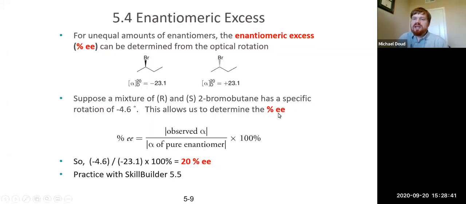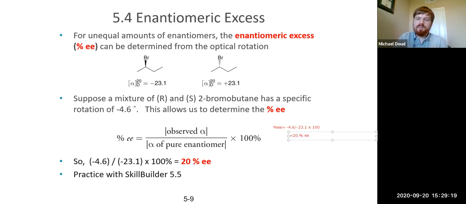So that's the percent enantiomeric excess that we can calculate here. So all we have to do is just plug that number in. So let's go ahead and add some text here. So the percent enantiomeric excess is going to be equal to the observed alpha, that's negative 4.6 degrees, divided by the alpha of the pure enantiomer, the optical activity, that's negative 23.1. And then it's a percent, so it's times 100. So it's going to look like that. We go ahead and do the math here, and we get 20%